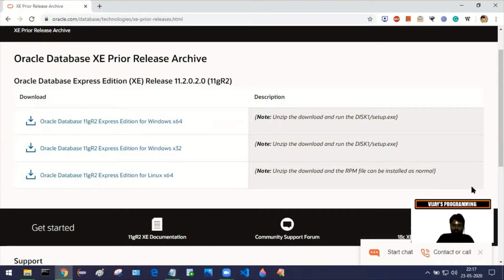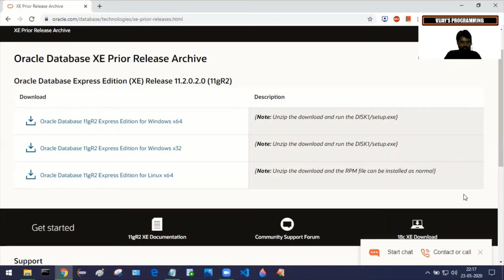And if your system is 32-bit architecture, you must download this file. Okay, the 64-bit version won't work on a 32-bit system architecture. So you just need to download the 32-bit file.